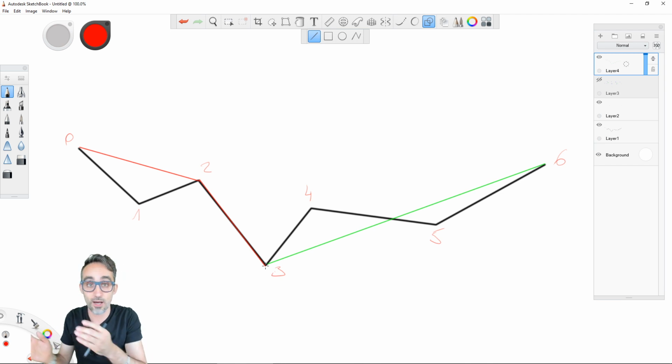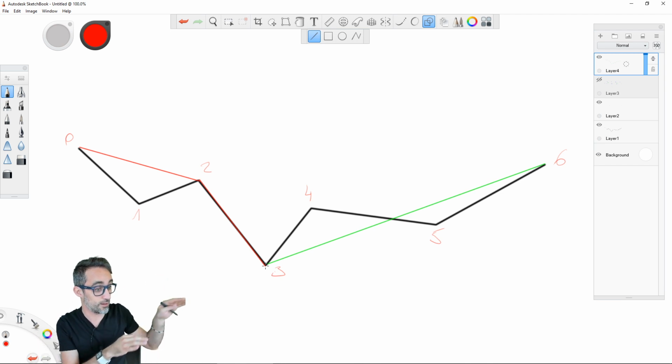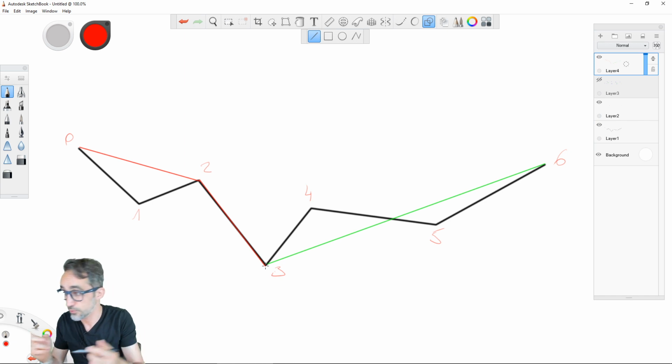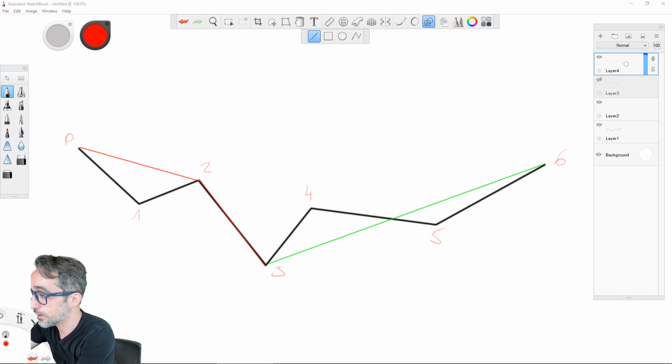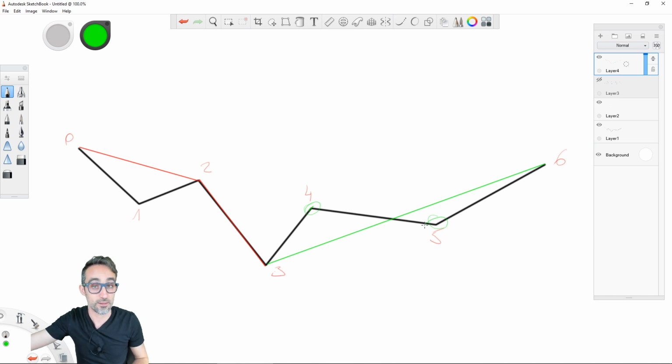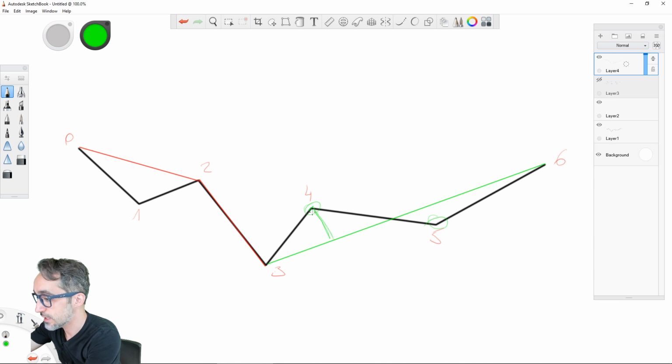And now we go back to the other one that we had on the far right. We also do the same thing. We calculate which of these points, this point here and this point here, is the farthest away, and we can see that in this case it is number 4.